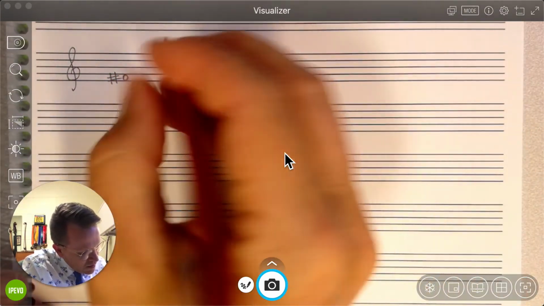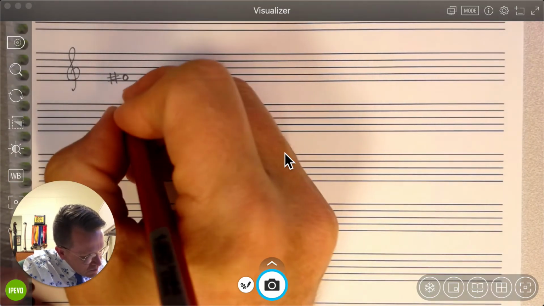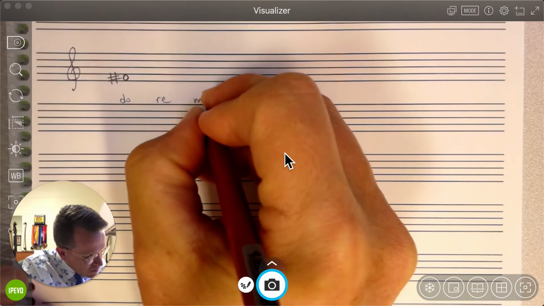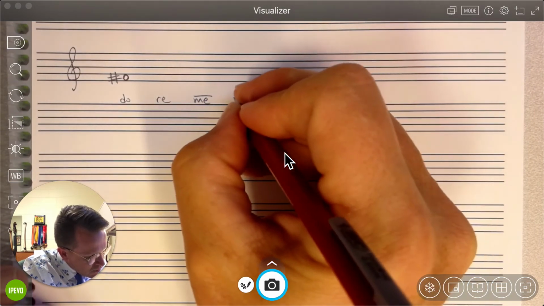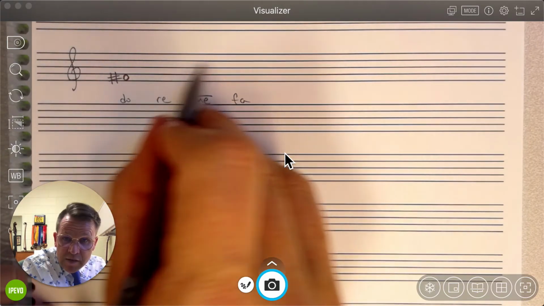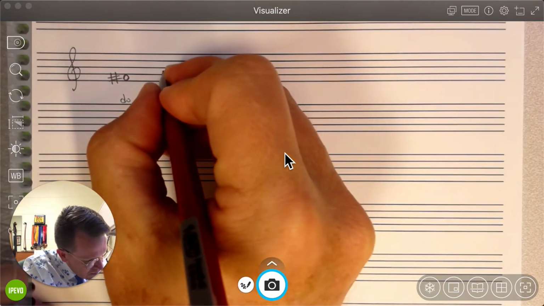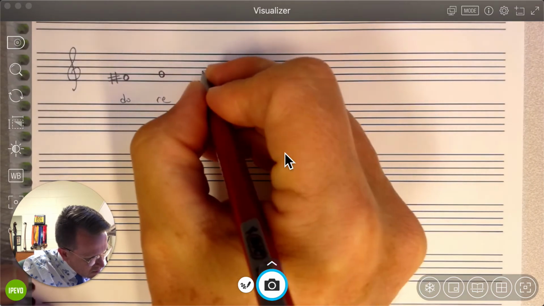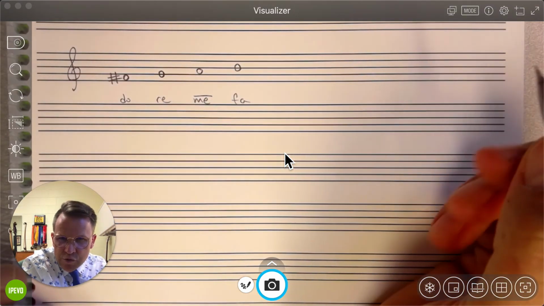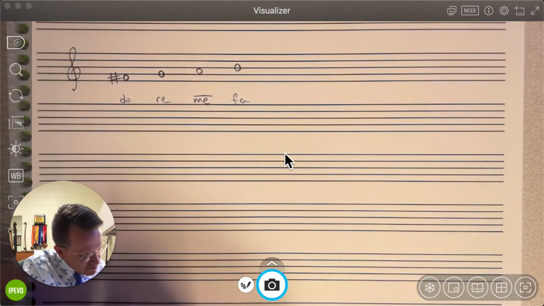Okay, so here we go, F sharp, and the solfege is going to be do, re, me, where it's been lowered, and fa. I will start by notating my 4 pitches, and then I will work from the beginning to create the spacing I need to give me a 2-1-2 relationship.